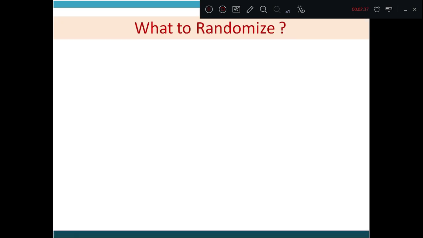Now what to randomize? There are many parameters to be randomized. First one is device configuration. In real world environment, the DUT's configuration becomes more and more random. What is the most common reason why the bugs are missed during testing of the RTL design? Because not enough different configurations have been tried. So randomizing the configuration is necessary.